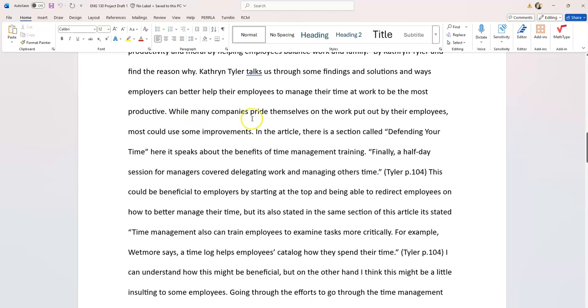Okay. In the article, there's a section called Defending Your Time. Again, some punctuation issues. "Finally, a half day session for managers covered delegating work and managing others' times." Okay, so